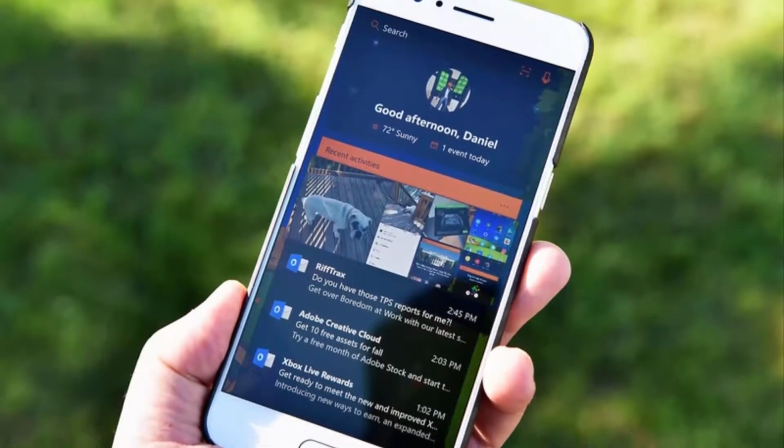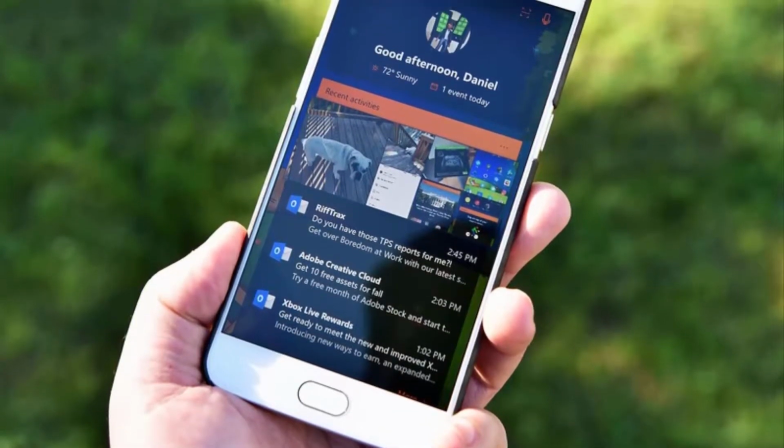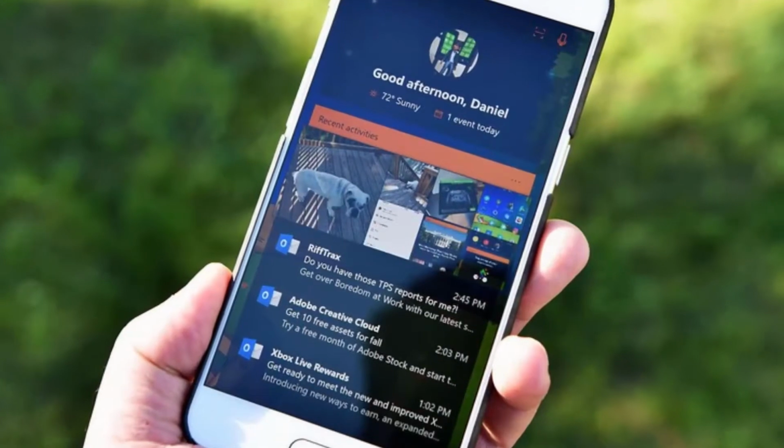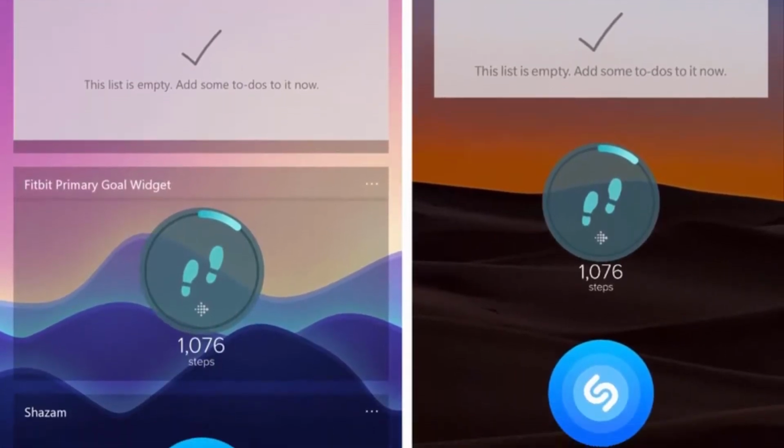Microsoft Launcher beta testers are getting their hands on a fresh set of new features with the Android app's latest update, taking up to version 4.13. Today's update includes a couple of major highlights and some smaller tweaks, including a cleaner feed and Cortana dictation for